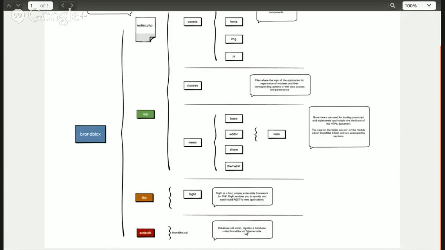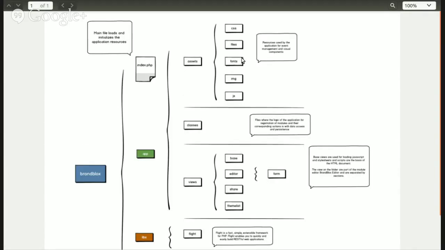SQL to create a database. In this case, we are using the MySQL engine. Okay, the three-layer structure contains